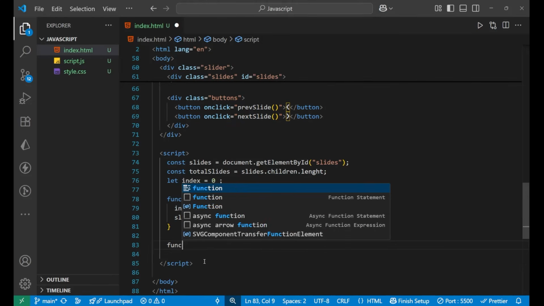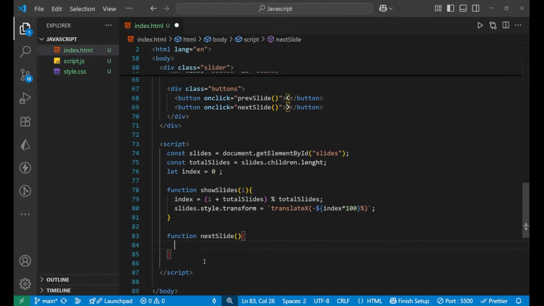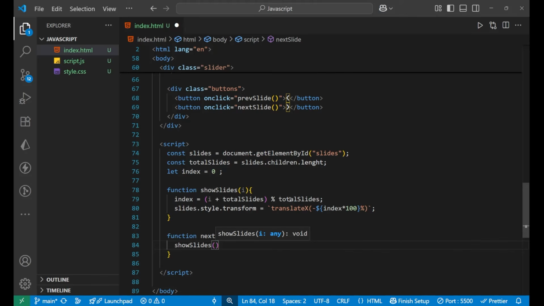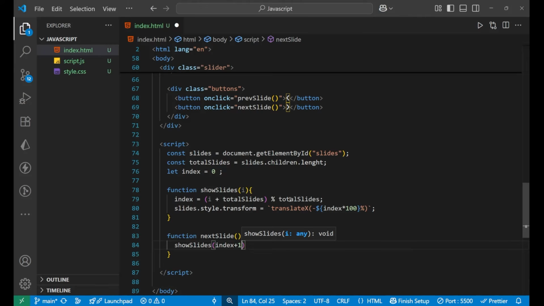So function nextSlide, right? Inside this next slide, when you click on the right side button, in that particular case it will call showSlides. Inside of this the index will be index plus 1. Whatever the index is present, just increase it and send it into the showSlides function, and it will transform the image by that into 100%, right?